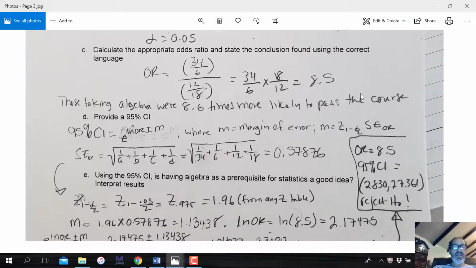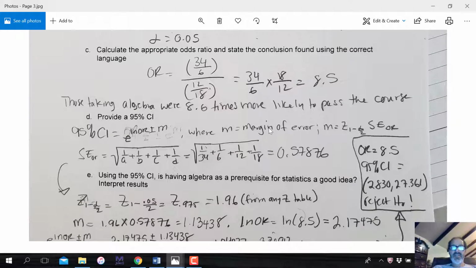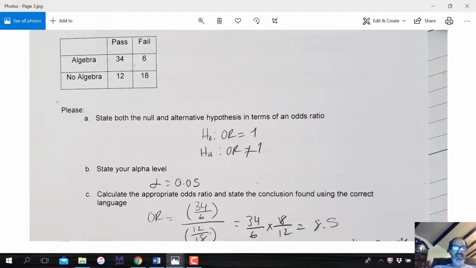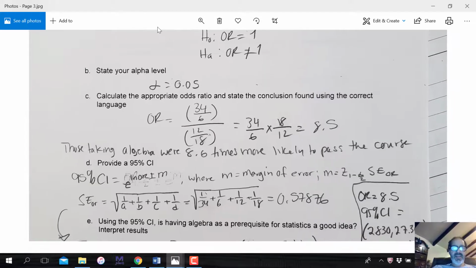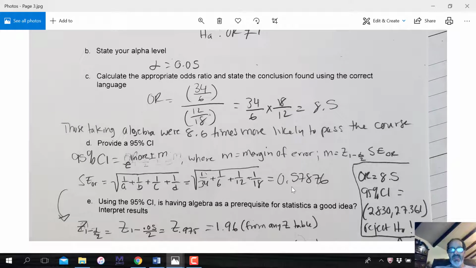Cool. And the confidence interval. Now, the confidence interval, you have to remember this equation for the odds ratio. So the confidence interval is basically 1 divided, the reciprocal of each cell, 1 divided by A plus 1 divided by B. And what I mean by A, B, C, D, it's just like this is cell A, this is cell B, this is cell C, this is cell D. So it's the square root of 1 divided by 34 plus 1 divided by 6 plus 1 divided by 12 plus 1 divided by 18, which you see I did right here. I get